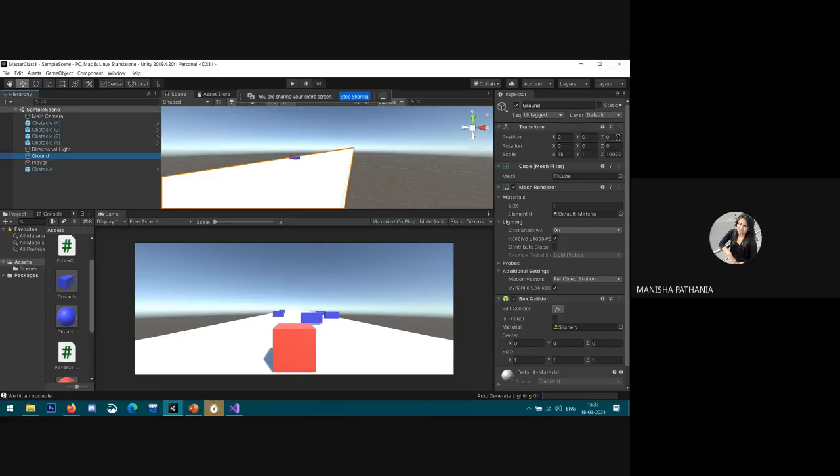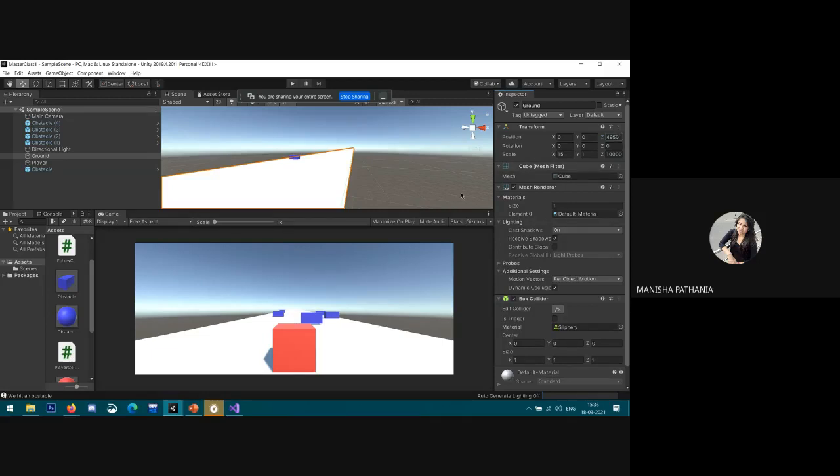Suppose in the x direction I need 0, y direction I need 0, and in the z direction I need 4,900, say 50, for example.